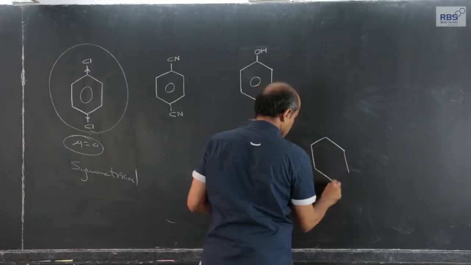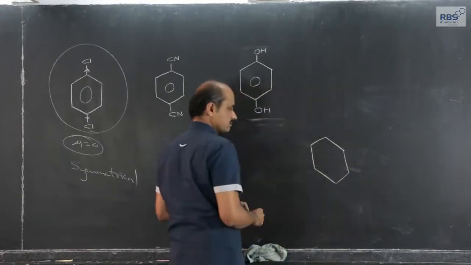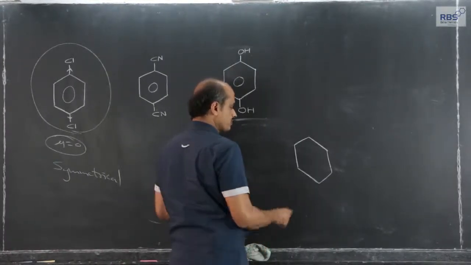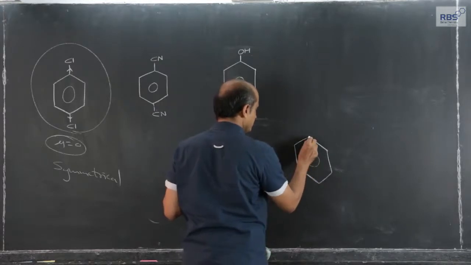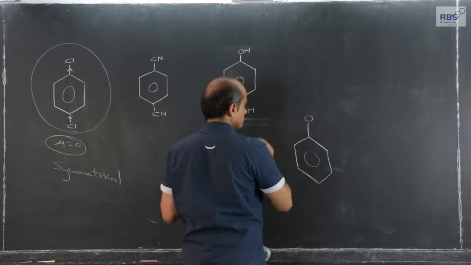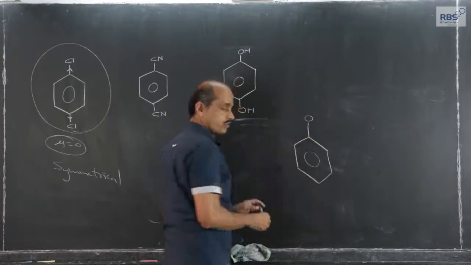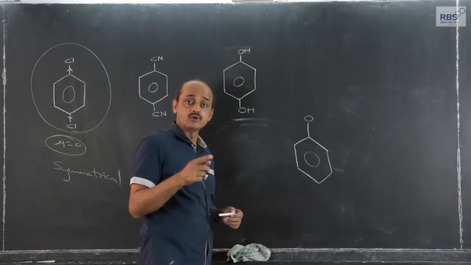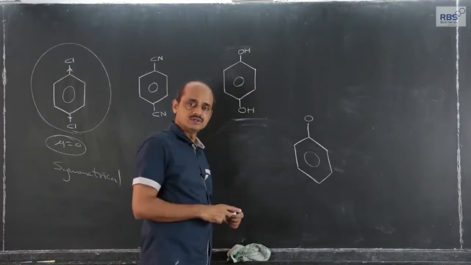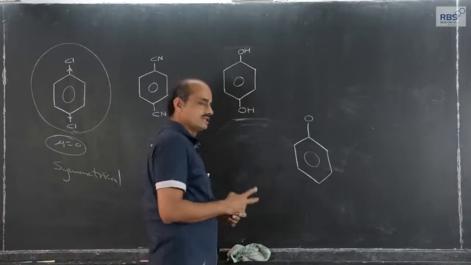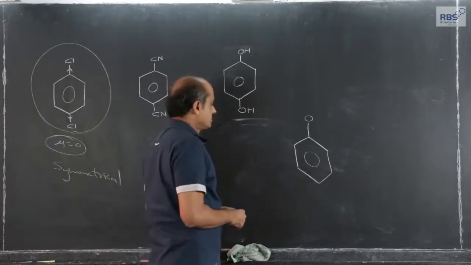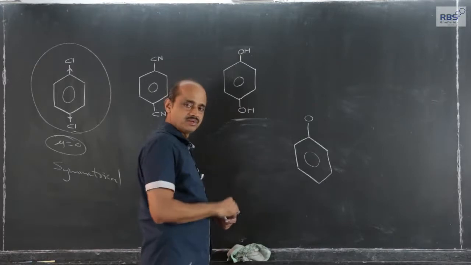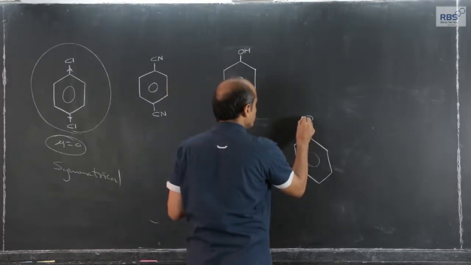Oxygen, as we have considered in H2O molecule formation, when oxygen forms two single bonds, the same theory is applicable here. If oxygen forms two covalent bonds, it is sp3 hybridized, and in the outermost shell of oxygen there are two lone pairs. So, sp3 hybridized oxygen contains two lone pairs and two bond pairs. This is what we have already covered in H2O molecule formation. Same is applicable here.